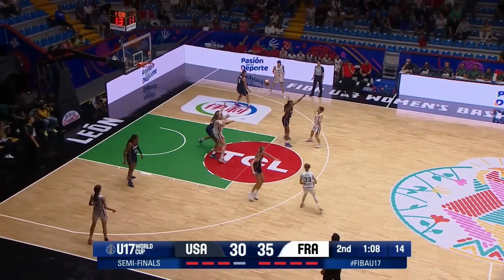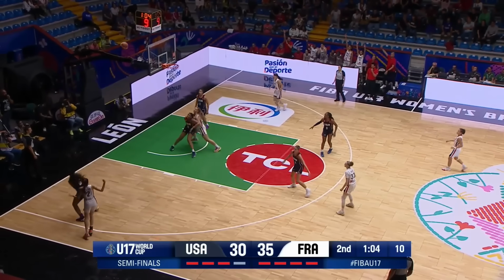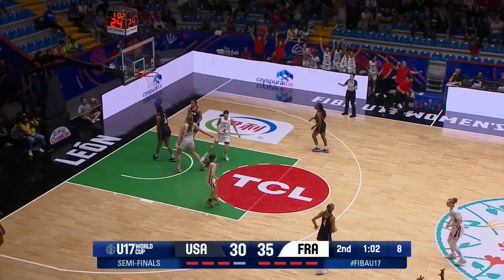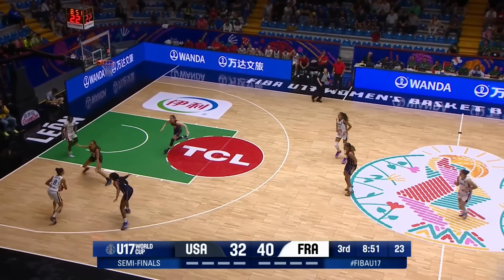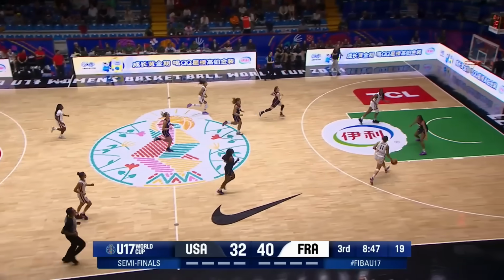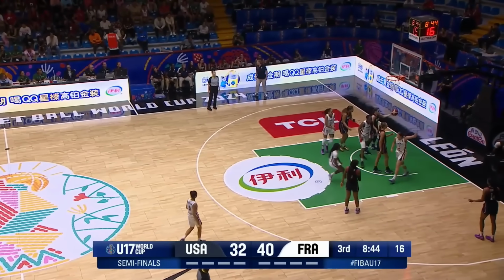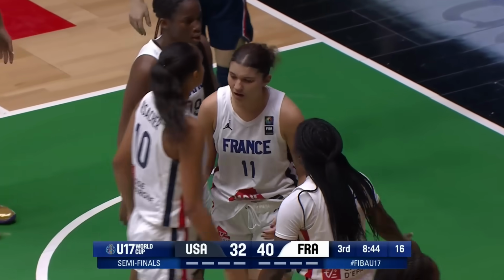Thought about a three, but going to pass to the inside. From the corner, splashes another one. And a really interesting statistic after halftime is the assist count. USA only committing 2 assists compared to France's 8, which I think is very reflective of USA's...